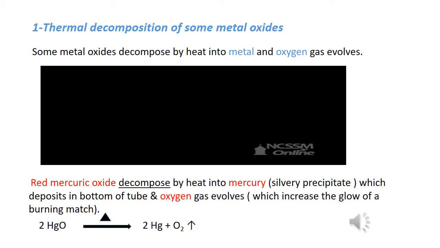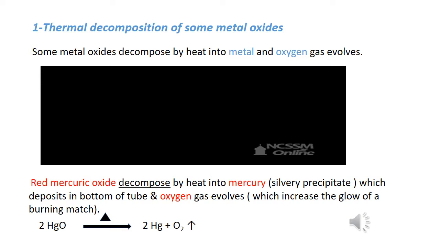First, thermal decomposition of some metal oxides. Some metal oxides decompose by heat into metal and oxygen gas, as in the decomposition of mercuric oxide. Mercuric oxide has a red color. When we decompose mercuric oxide by heating, it decomposes into mercury, and the color of red mercuric oxide changes into silver color due to the formation of mercury, which is a metal,